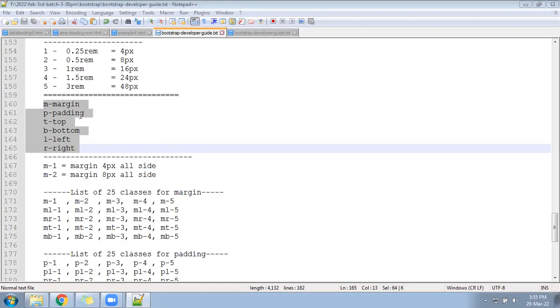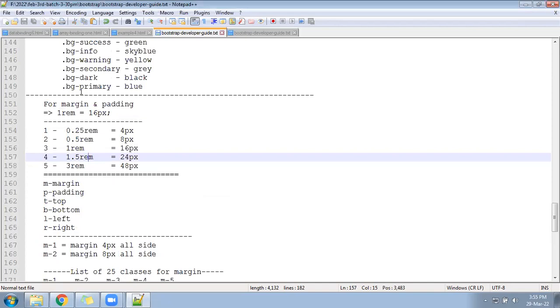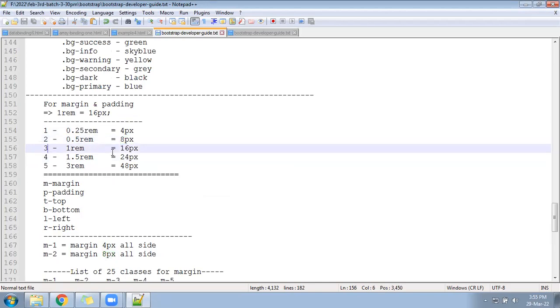Look here. When we write, number 1 will represent 4 pixel. Number 2 will represent 8 pixel. Number 3 will represent 16 pixel.